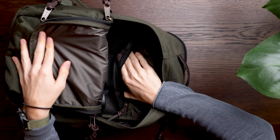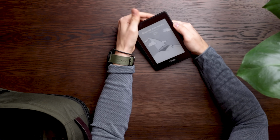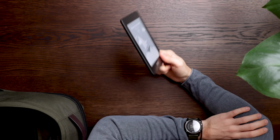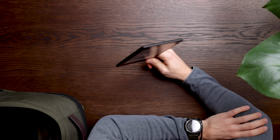And then the absolute final item is a Kindle. And this is just something that I use to read on, and I think it's super useful. I bought it this summer and it's actually led me to read a lot more books. And that's also one of my favorite purchases probably of this year at least, because I've really been using this a lot, and it's a super simple thing. It's super old as well. Kindle's been around for a long time, but